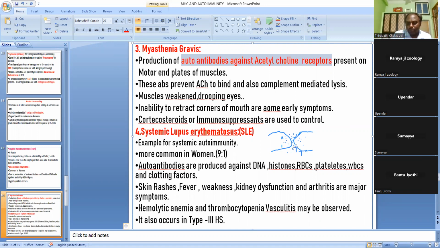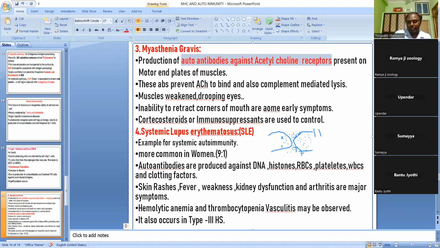So these acetylcholine receptors are the receptors for these released acetylcholine molecules. Okay, they will go and bind here, and this postsynaptic neuron will be excited and depolarization takes place. So that is the general process.